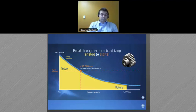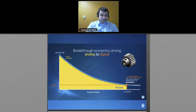But right now, as you can see here, we're able to print some number of parts, but it's not actually competitive with analog unless you're printing a very short run or a very small number of parts. If you're printing a large number of parts, there's kind of this break-even point, and then it gets worse. And in those cases, you'd still do the molding process. And that's one of these economic things we have to break through in order to move 3D printing from a prototyping or short-run manufacturing technology into what we hope down the future will produce technology that is competitive with analog